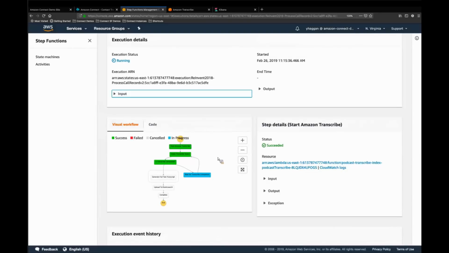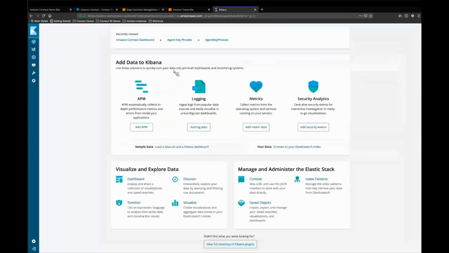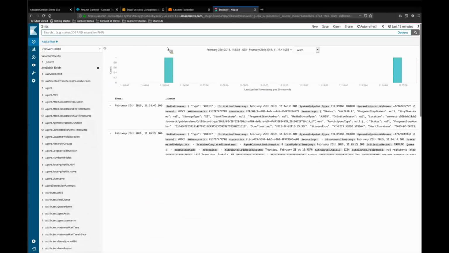As this is going on, we can step through Elasticsearch and Kibana a little bit so I can show you what that looks like. So this is the Kibana dashboard. I have a couple different things going on here. Before I actually look at the dashboard, I wanted to spend some time looking at the search capability through Kibana.